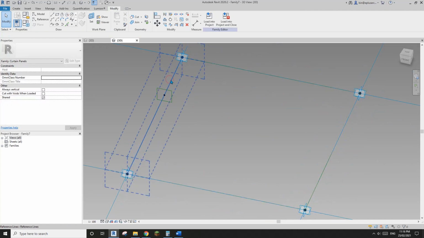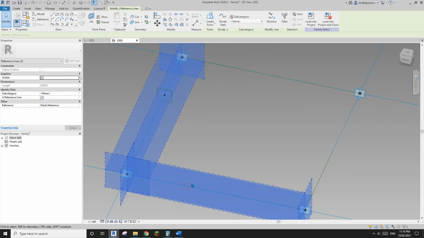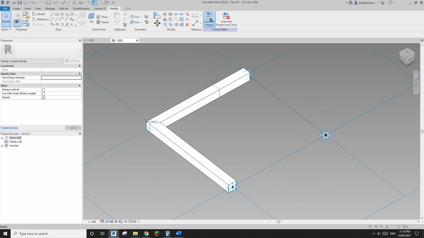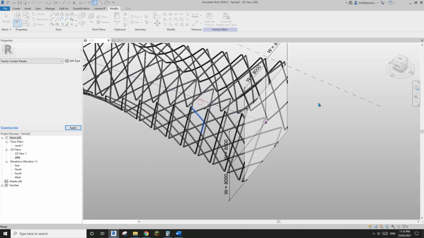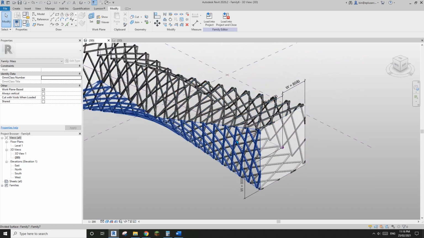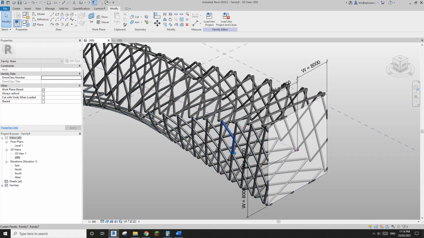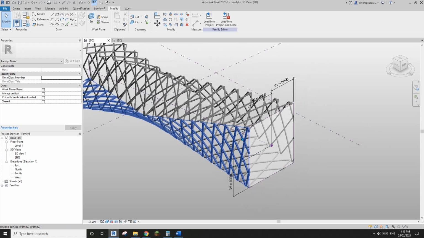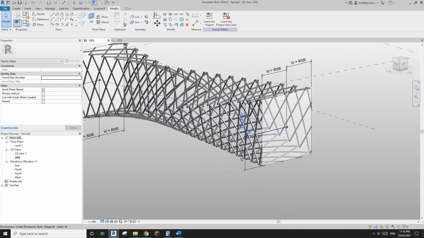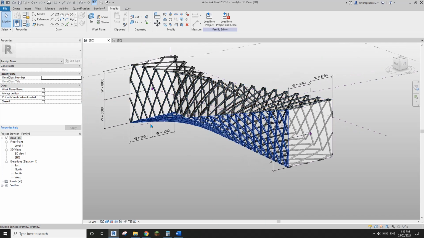Okay, so once again, select these two reference planes, select this profile, create form, load into project, override. So, okay, I think that's better. So of course you can create a parameter in that family, so you can change it in here. Okay. So now the next step is I'm going to create a